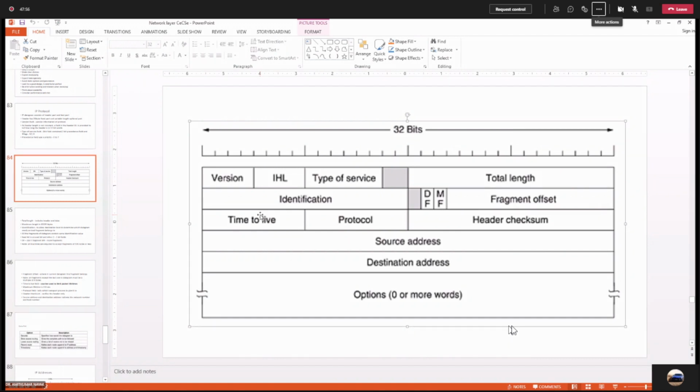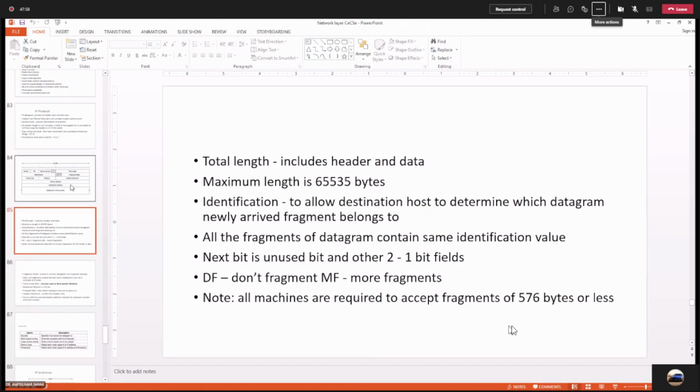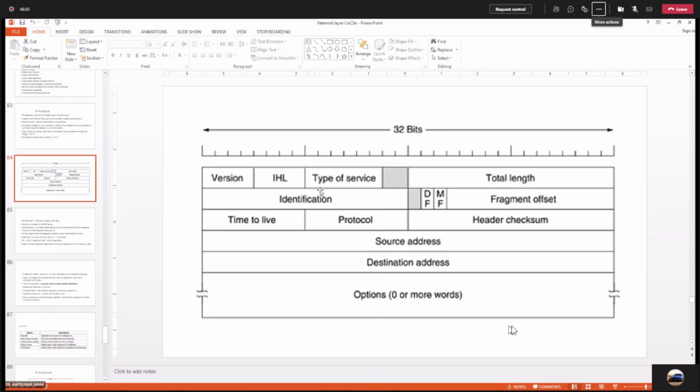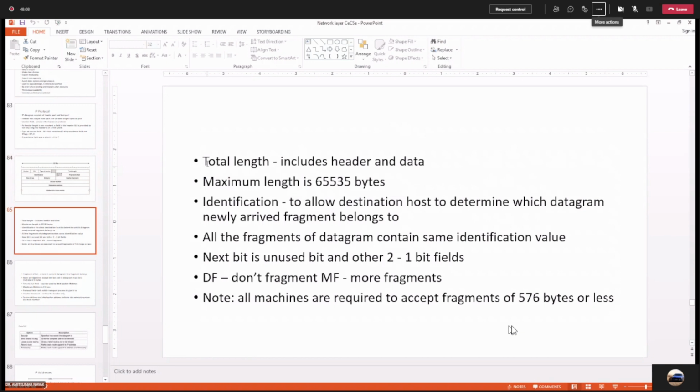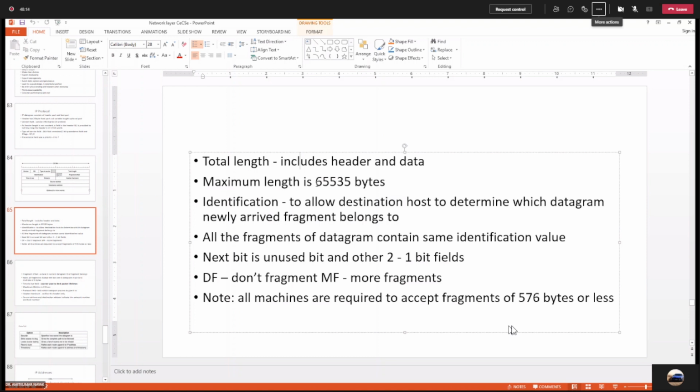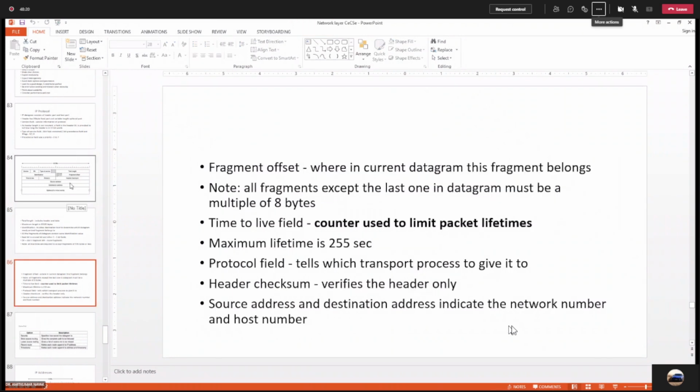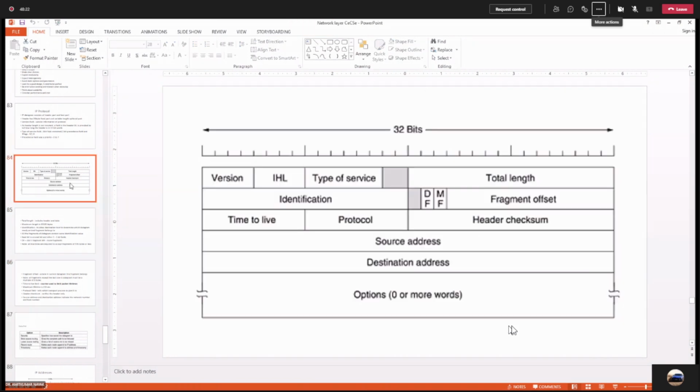In the IPv4 protocol header, these are the fields: version field, internet header length field, type of service, total length. The description is available. The total length field includes the header and data. The identification field is there. So these are the fields of the IPv4 protocol header.